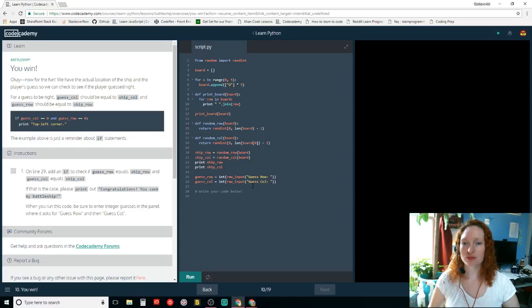Alright, we have the actual location of the ship and the player's guess, so we can check to see if the player guessed right. For a guess to be right, guess column should equal ship column and guess row should equal ship row. So if guess column double equals ship column and guess row double equals ship row, then